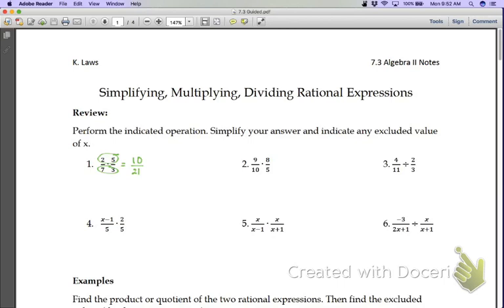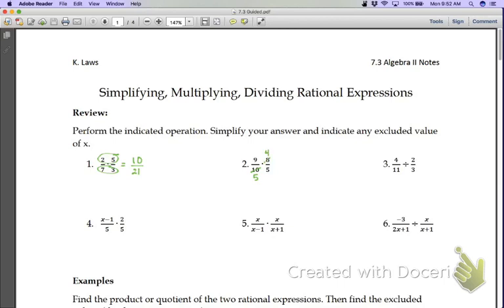What I would suggest is to try to simplify as best you can, because then you don't have to simplify later. Like, instead of having 9 times 8 and having 72 over 50 and trying to reduce it there, I would change the 10 to a 5 and the 8 to a 4,